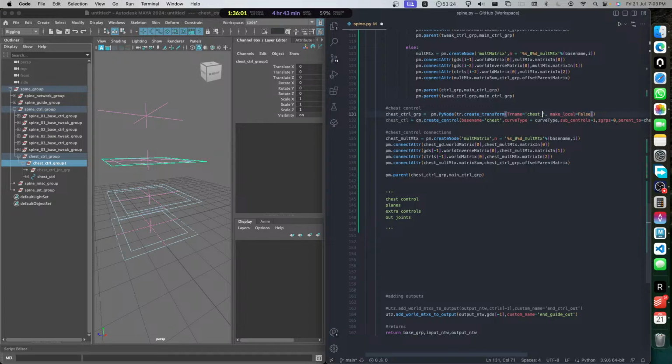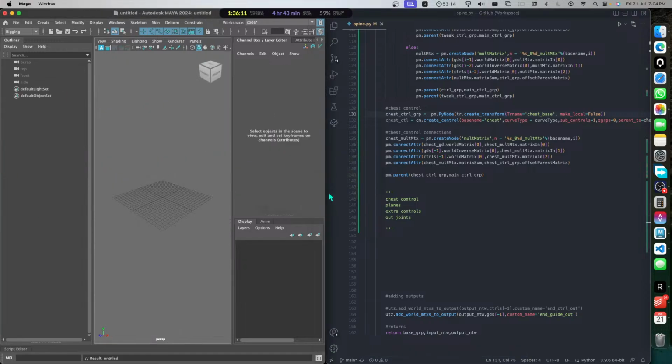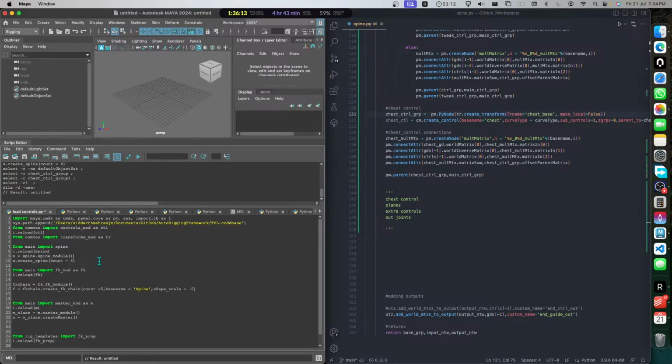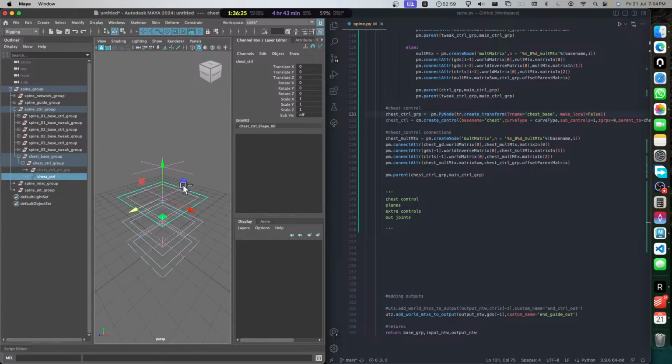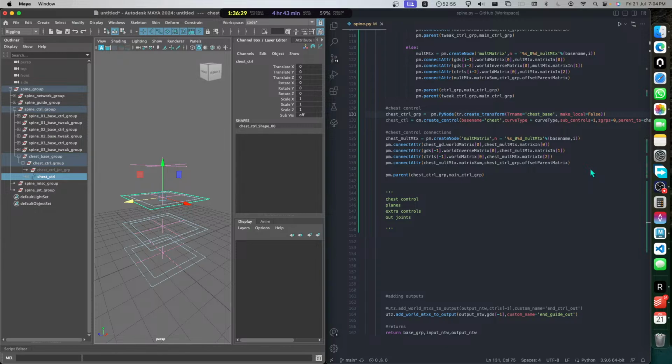Just control, say chest base. Let's see, chest base group, chest control group, chest joint group. Sorry, chest control group is here, but the issue which I have with this is